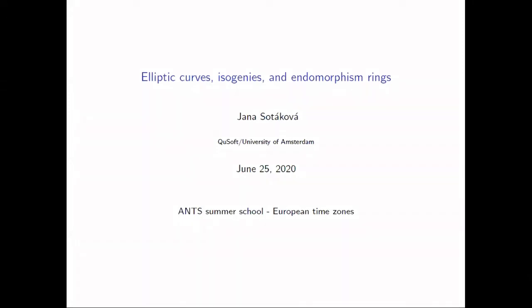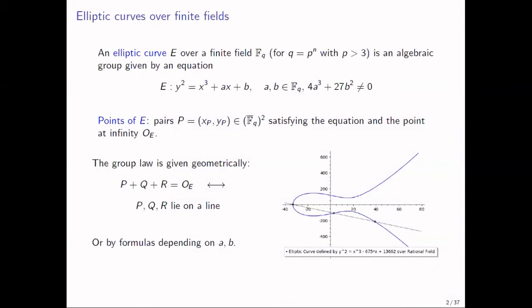I'm indeed going to be talking about elliptic curves, about isogenies and endomorphism rings. The main point of view that I'm taking is that it's very interesting in crypto, and I want to give you some flavors of the problems or of the way that elliptic curves make their appearance in isogeny-based cryptography. But let's start with elliptic curves,